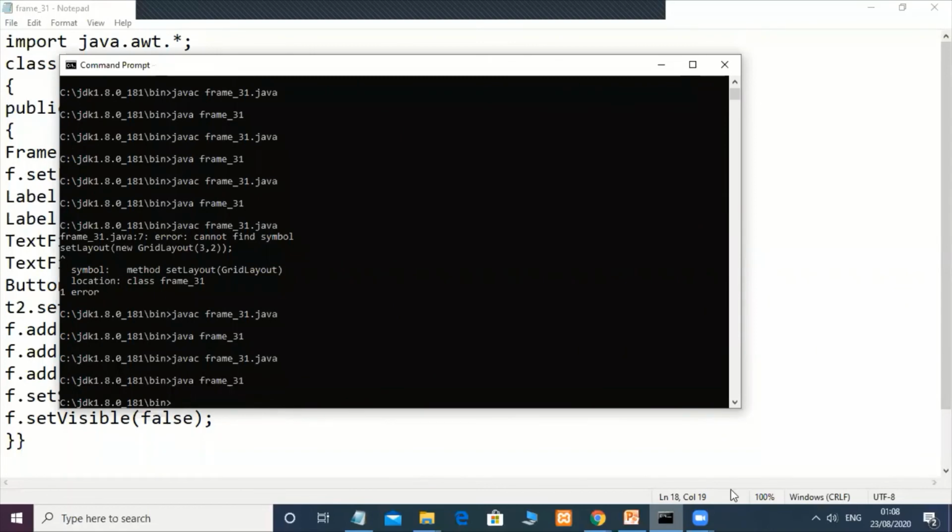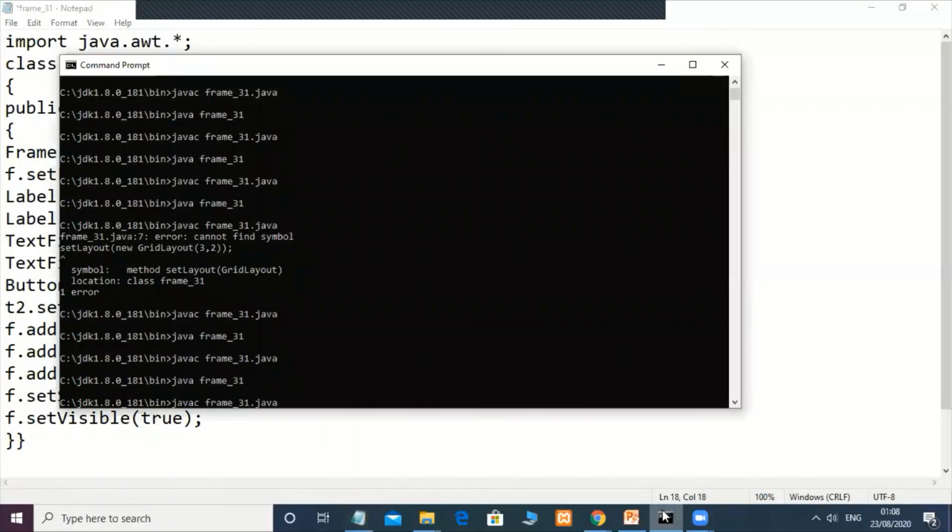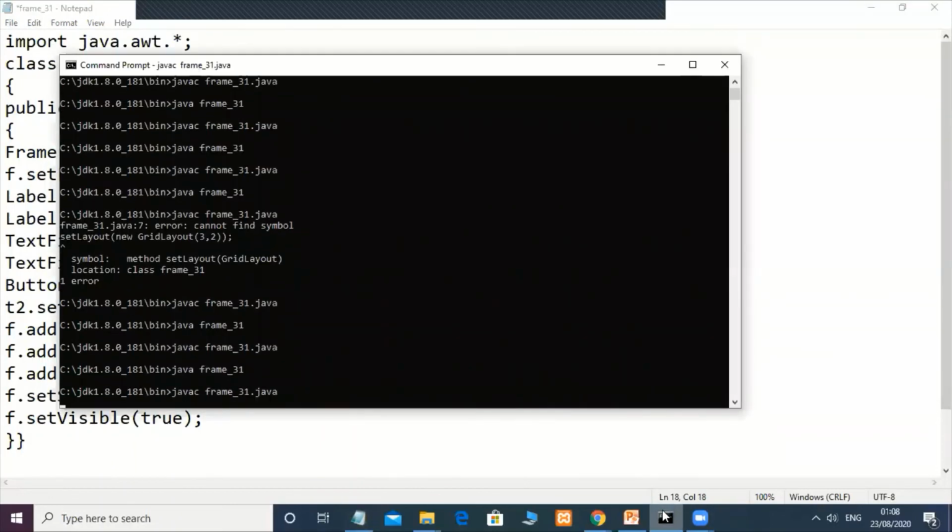See here, there will be no output, which means this should always be true. See, in this way, frame will work here. The set size 200 by 200 means this window size. See, this window size is 200 by 200.